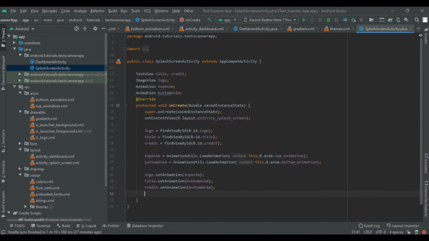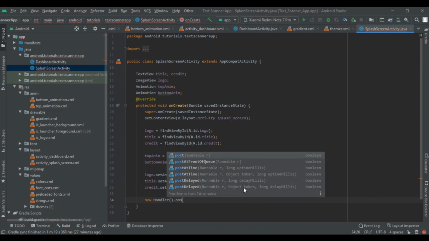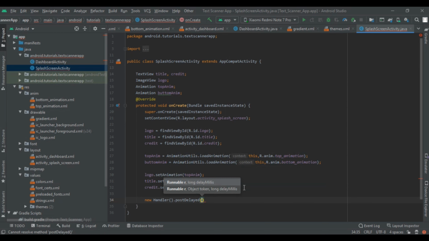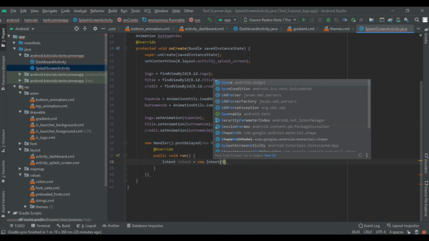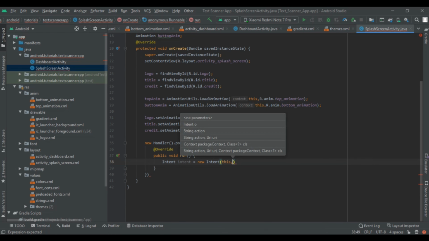After create new handler and dot post delayed and new runnable. Here we have to start the intent. Intent is equal to new intent from our splash screen activity, or we can say write this, to dashboard activity.class.